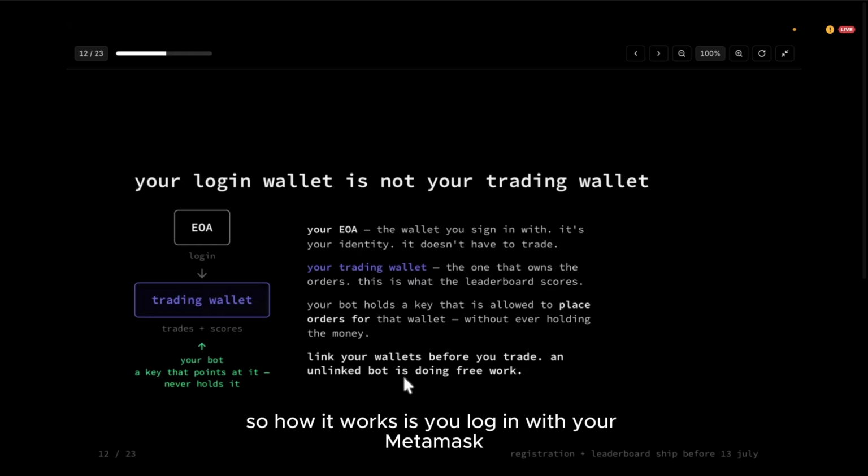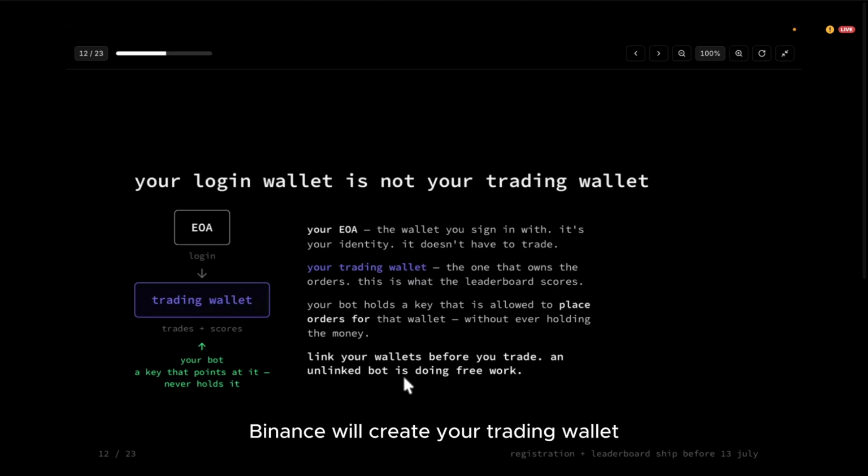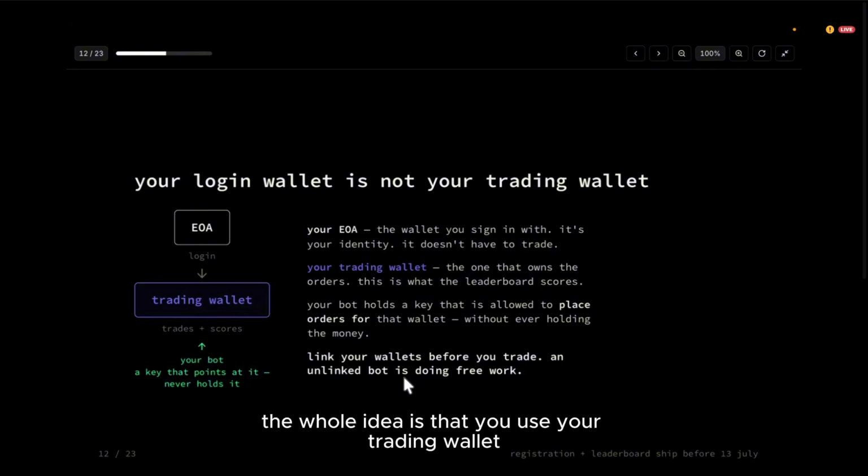So how it works is you log in with your MetaMask, for example, and dreamDEX will create your trading wallet. This is the wallet that will actually do all those transactions for you. When you're making the bot, the key point is that the bot won't use your wallet directly. You use your trading wallet.